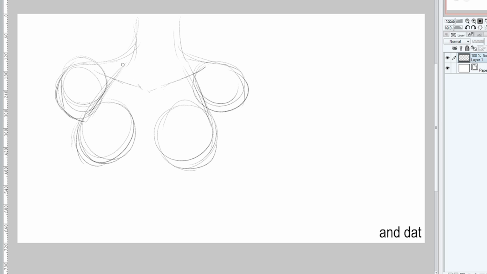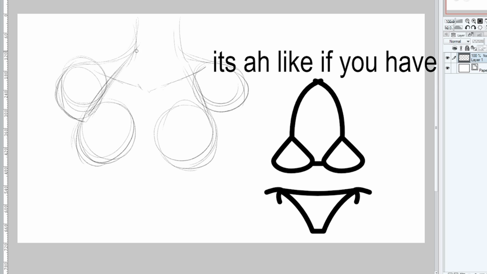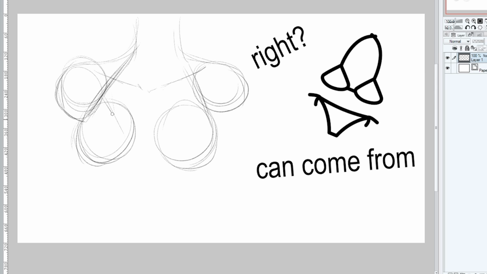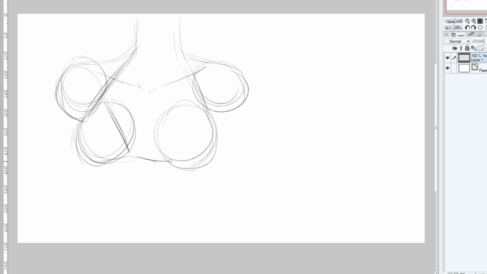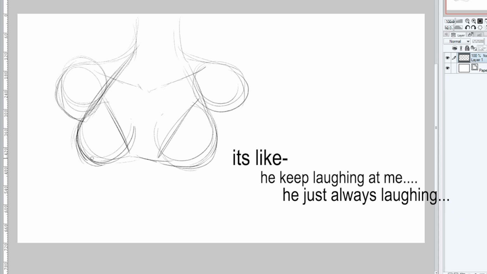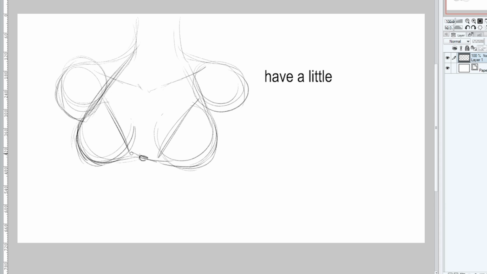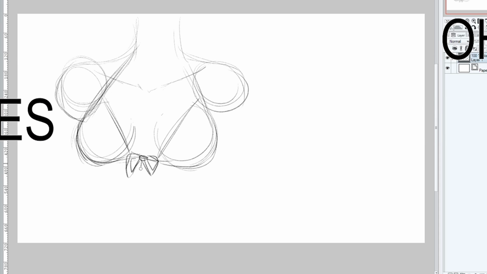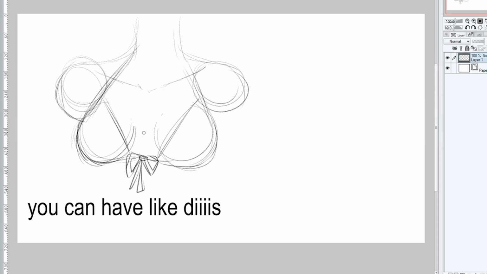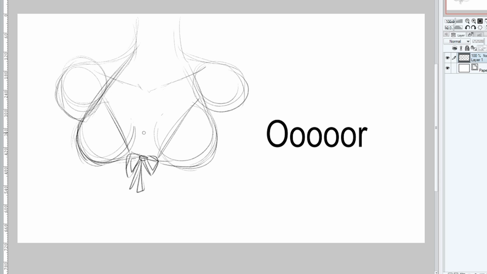See this, and that is so like if you have bikinis, right? Bikinis can come from here. Okay. And then for the boobs, you see, because now you have this. Now he's just always laughing. Have a little bikini time. Oh yes. You can have like these, or